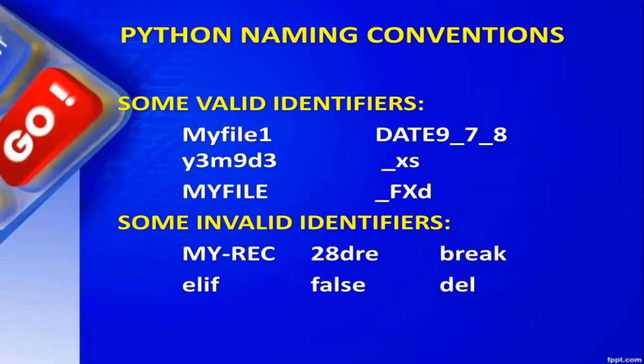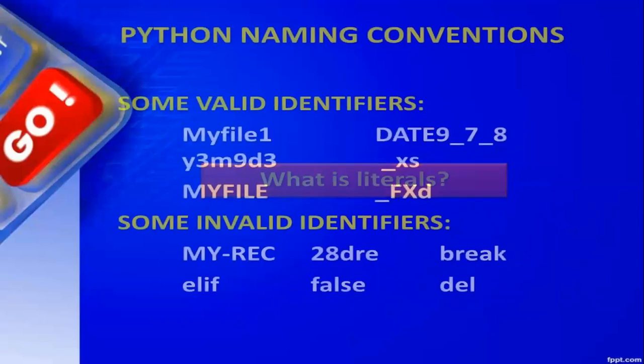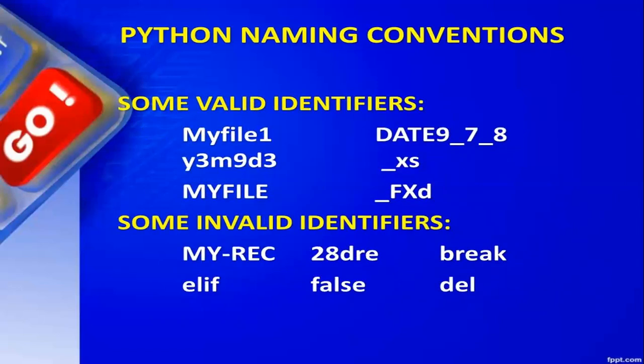Okay, these are some valid identifiers and some invalid identifiers. So I'll do one thing. The question that will be in the description box today will be about valid and invalid identifiers, because I'm not going to continue further than this today. When we finish the full tokens, that time I will give you a piece of code where you will have to identify all the tokens in that code. We are not going to start with literals today. We'll start with literals tomorrow.